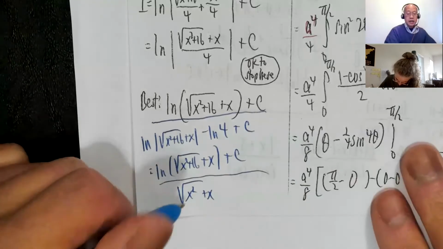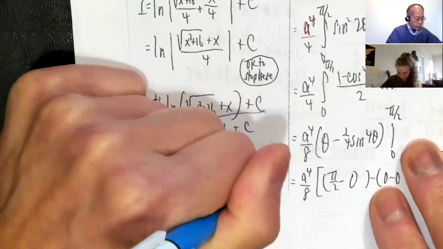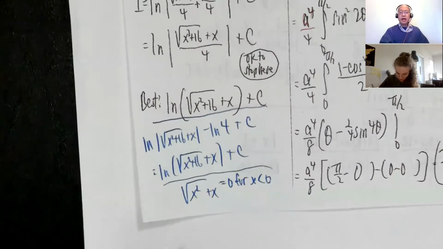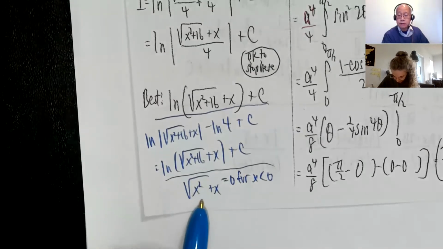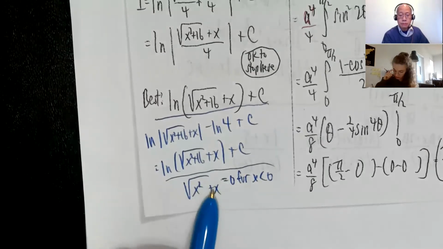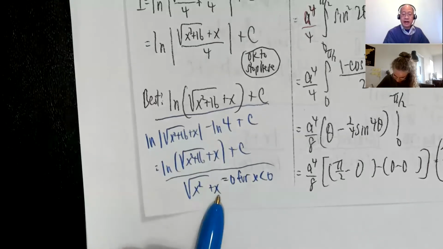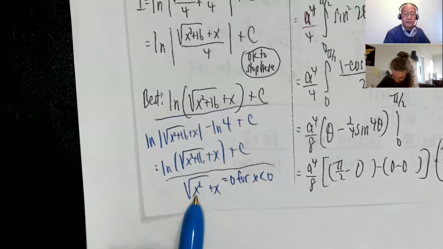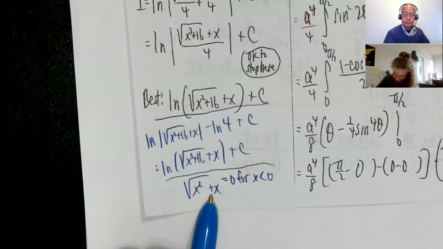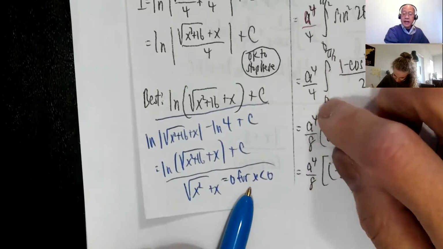Okay. I claim that this is equal to 0 for x less than 0. If I plug in any negative quantity, this will be exactly 0. Right? Try one more. -5. -5 squared, 25. Square root of 25 is 5. 5 plus a -5, 0. So if I just have this quantity for any negative number,